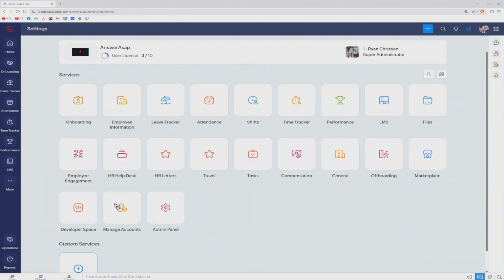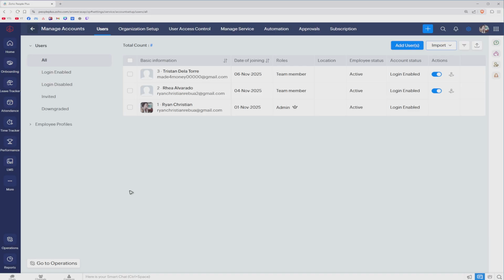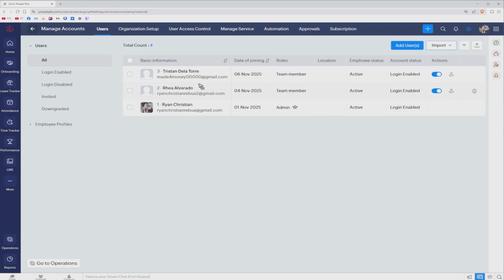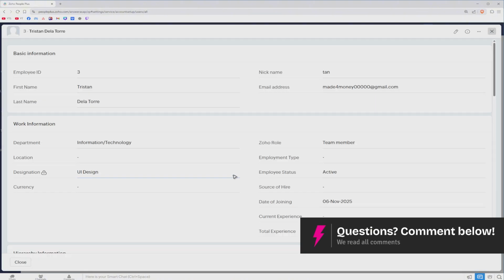Now just click on manage accounts right here. Just basically add in users. It could be via invitation, Zoho Mail, or Google Workspace, or 365. These are three right here, or these two were just invited. Once they're invited, you can now go ahead and click on their profile, add in some